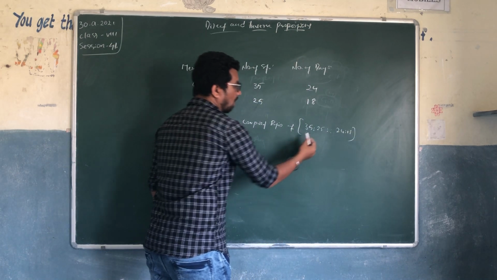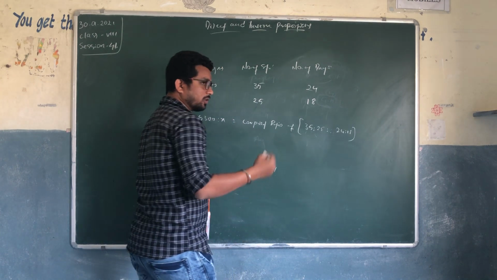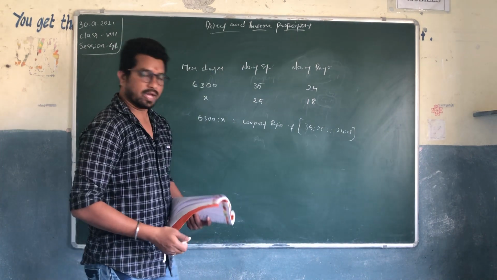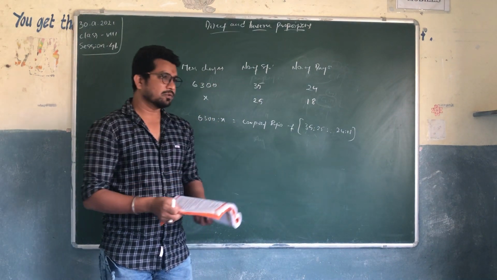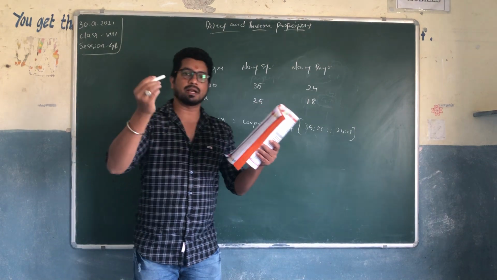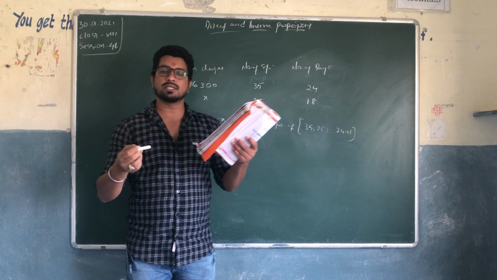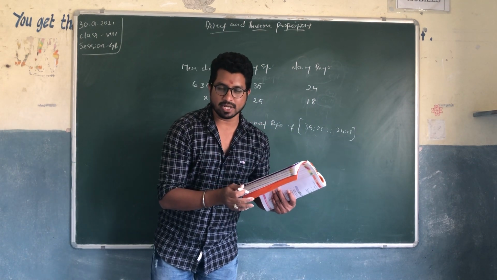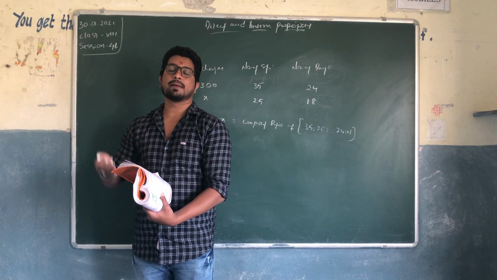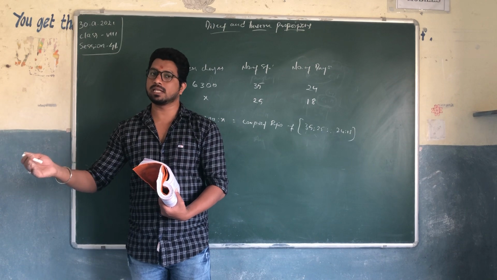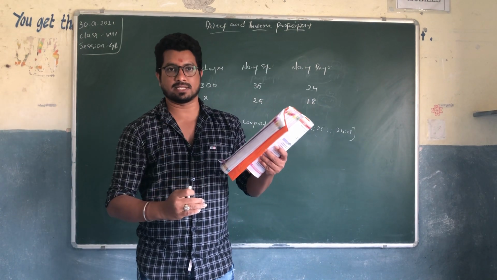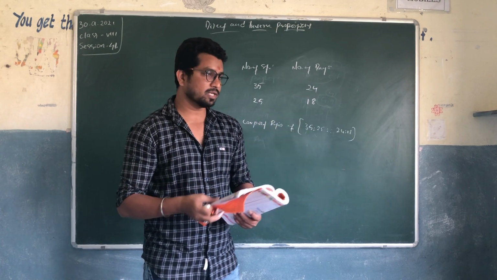So we need to find a compound ratio for this, so that you will be getting the answer, and that will be equated to 6,300 is to x. Okay, here we can say that mess charges is 6,300, number of students is 35, number of days is 24. For 24 days, the number of students is 35 and the mess charge is 6,300, right? If the number of students decreased, we know, right?